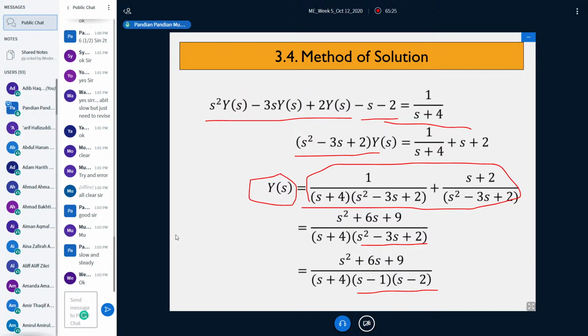Because we want to do decomposition. How to decompose this? Now, this Y(s) is this. This is the algebraic equation they are talking about. Now we want to decompose this in order to do inverse Laplace of Y(s) to get y(t). So in order to do inverse Laplace of this, you go to the table. The table is in